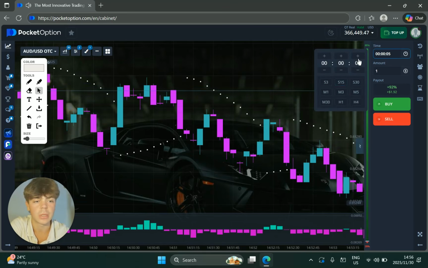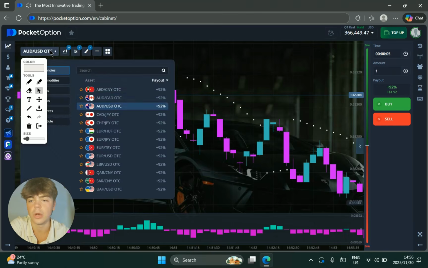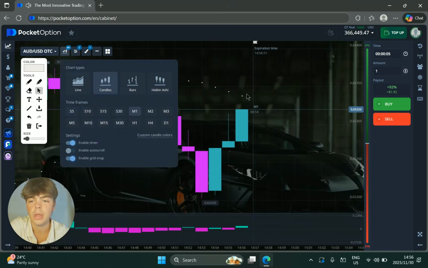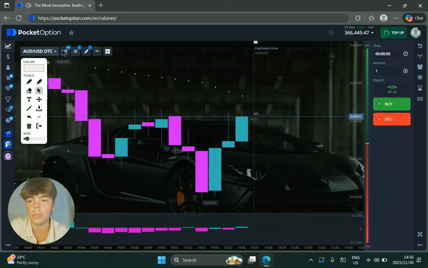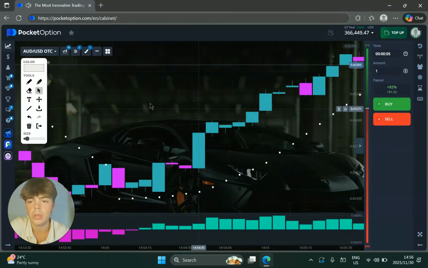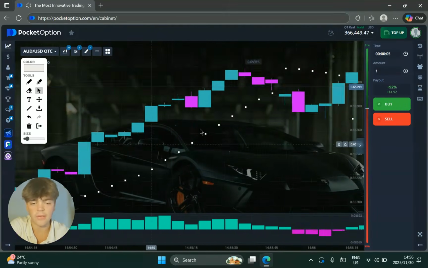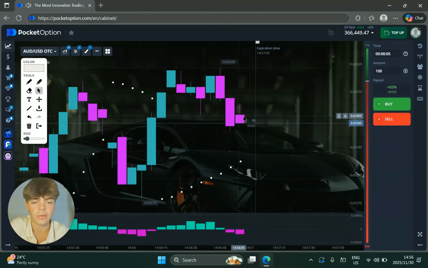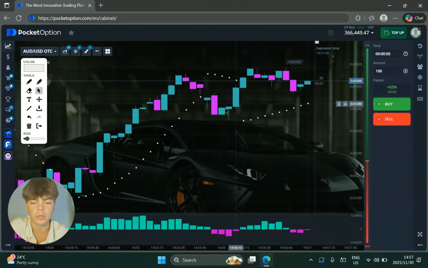So our trade time is going to be 5 seconds. We are going to be trading on currencies. It will be 5-second candles. And obviously we have our indicators here. The amount that I'll be trading with is $100, but before we do that, I want to introduce the strategy